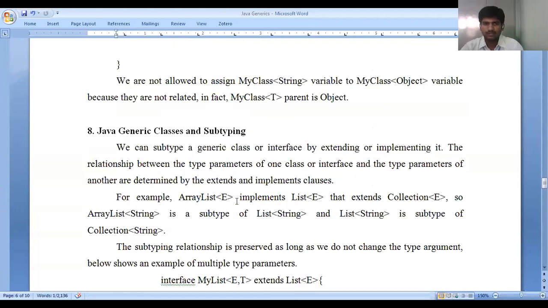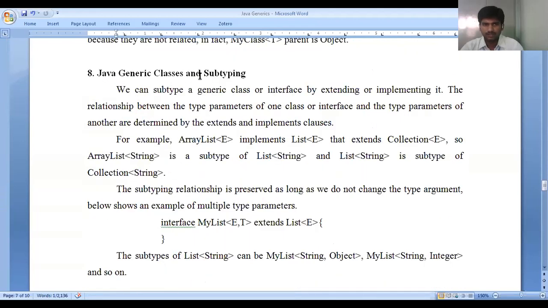Then we have generic classes and subtypes. We already said that we can use multiple parameters. See interface MyList of E, T, where E is the element and T is the type.